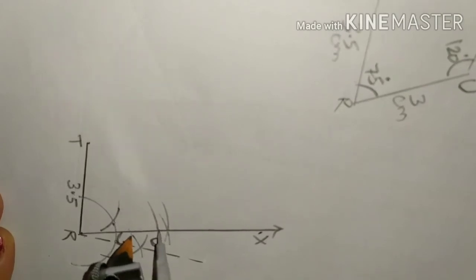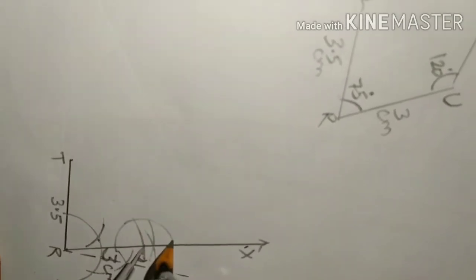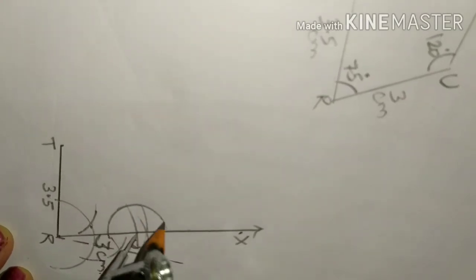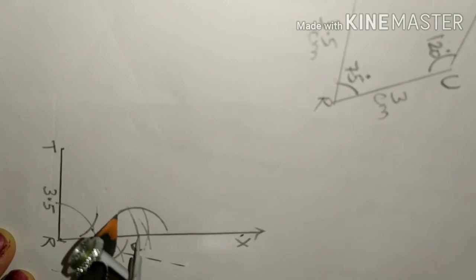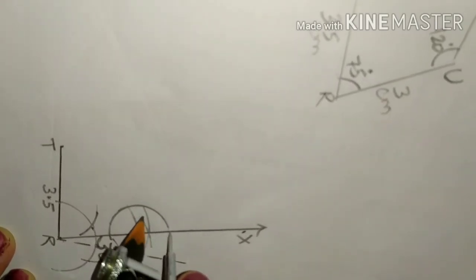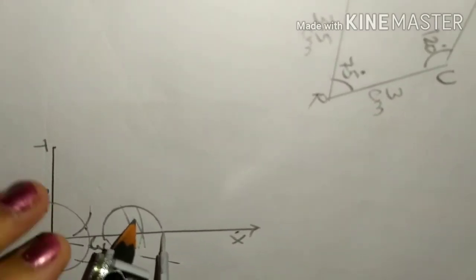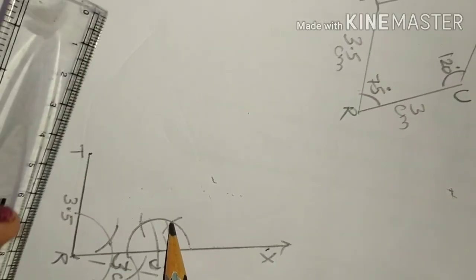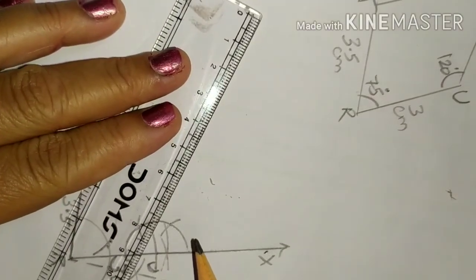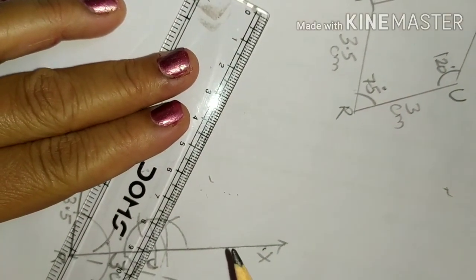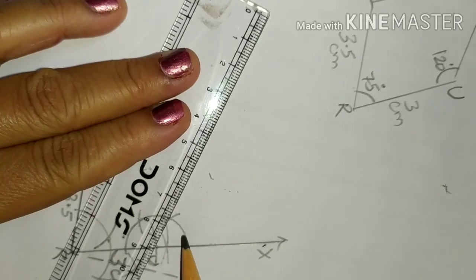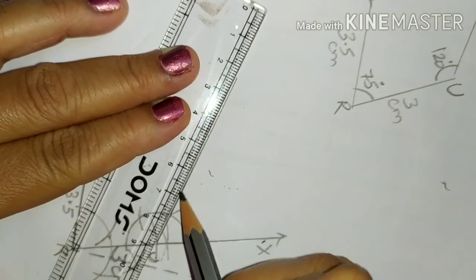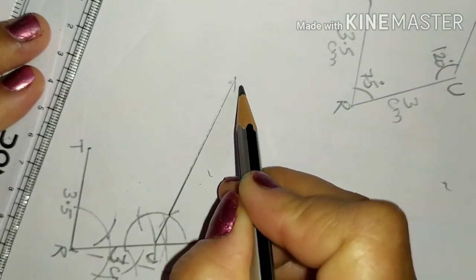Let us draw the semicircle for 120 degree angle now, and draw two arcs without changing the rounder measurement. Draw one arc from here. This is 120 degree angle arc. So we will draw the line now passing through this arc from U point. Extend it further and mark it Y.